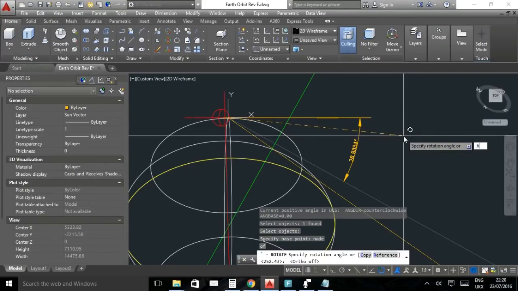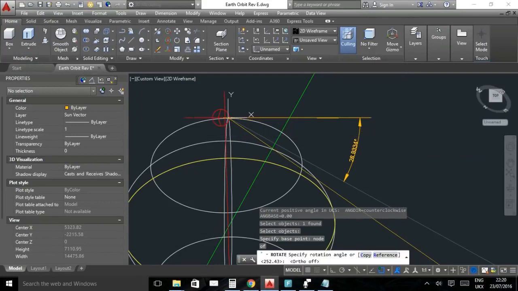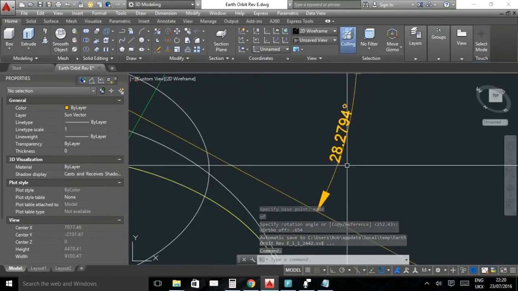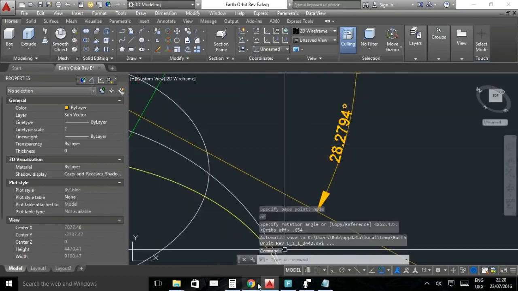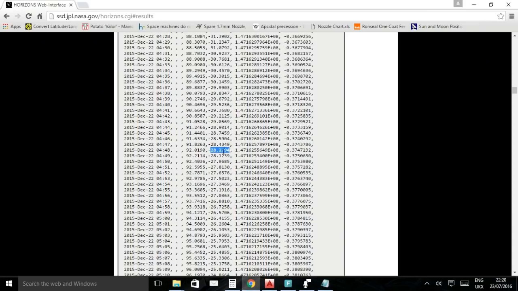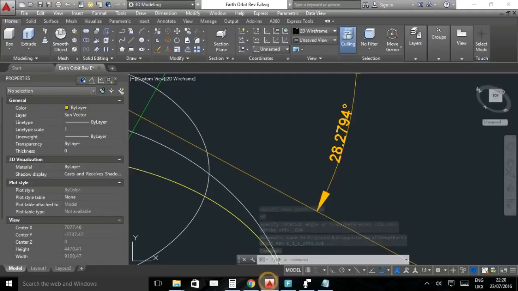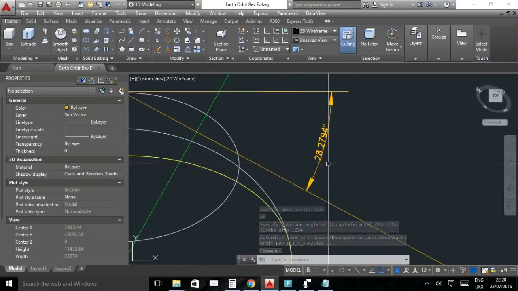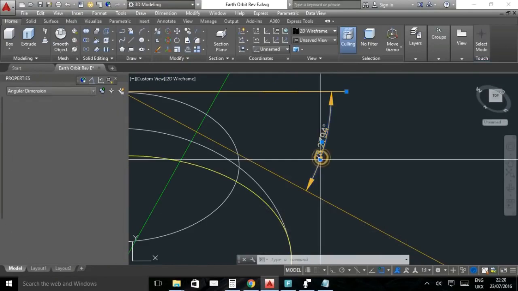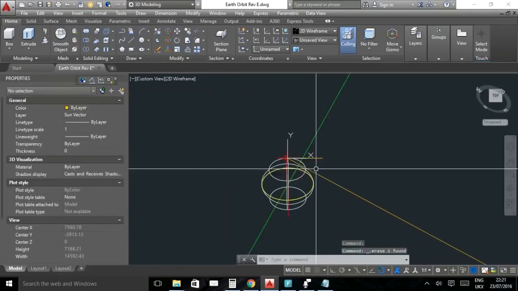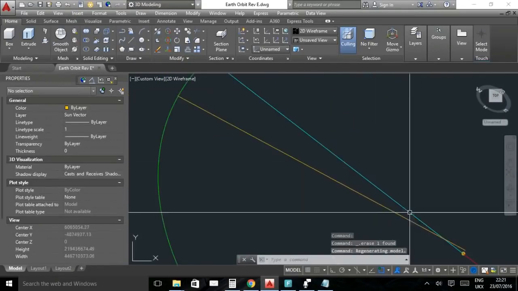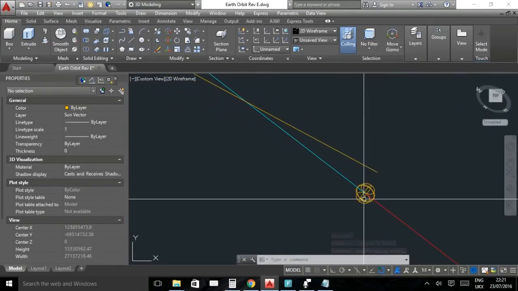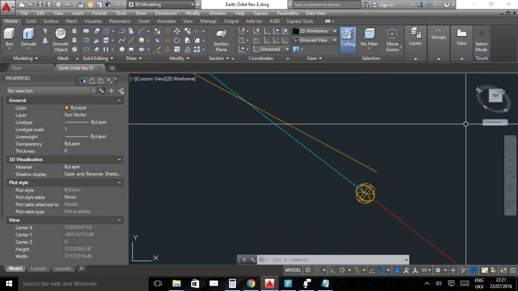0.654, and as you can see it has automatically updated it to 28.2794. 28.2794, and it's obviously minus, and that's the way we're drawing it, downwards, not upwards, obviously. So now we've done that, let's just delete that dimension, and what we're going to do is move. You can see how far it's moved, and obviously the sun is a lot bigger than the Earth, so we're going to move